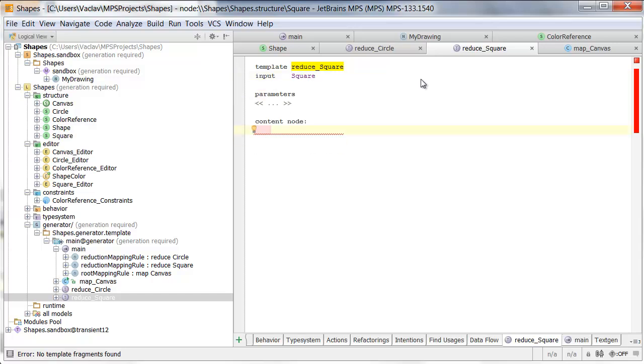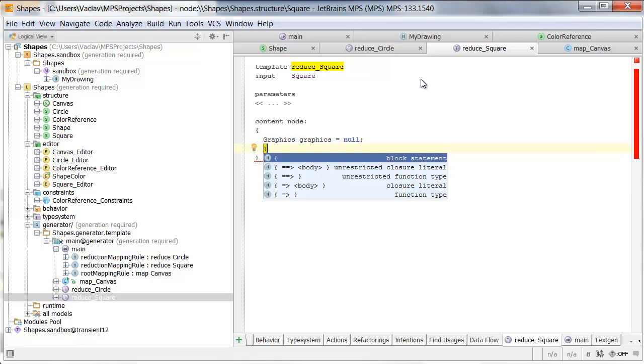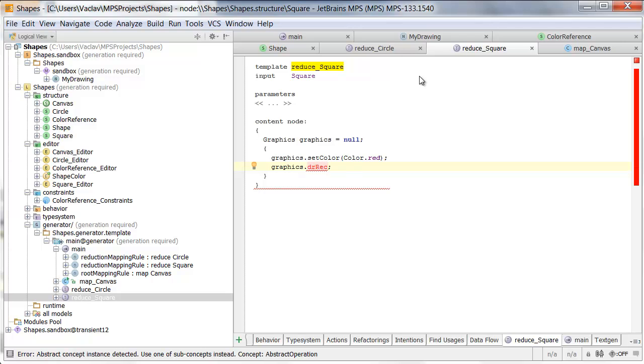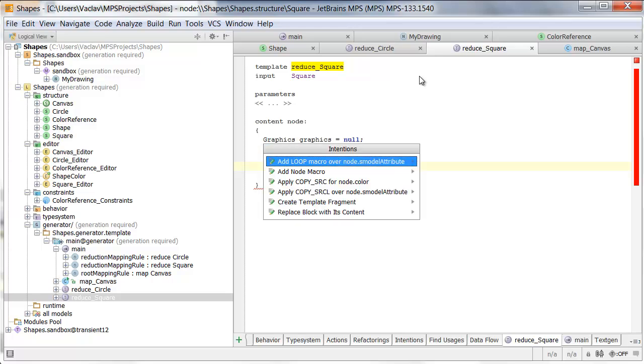Now we'll create a context, block statement, control space, graphics, control space, graphics equals null, block statement by curly brace and control space, graphics dot set color dot red, and graphics dot draw rectangle, control space, 10 10 10 10, and now control or command up to select the nested block statement, alt enter, and create